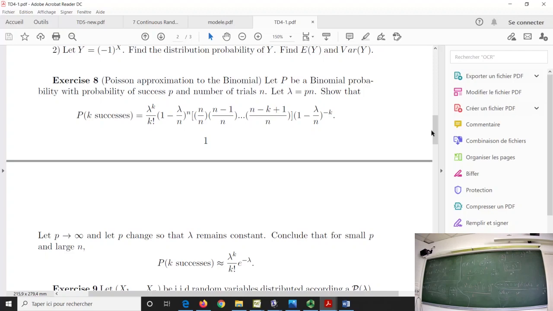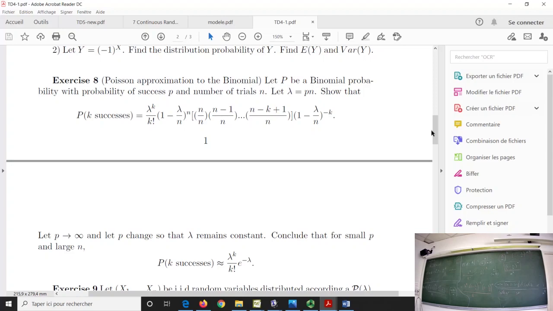Okay? So, your remark. Yes, I wanted to ask if I calculate the limit, would I get the same result with n going to infinity from this expression? So, keep in mind that I have said to you that I have a misprint. It's p goes to 0, and you have a second indication: p goes to 0 and lambda remains constant.